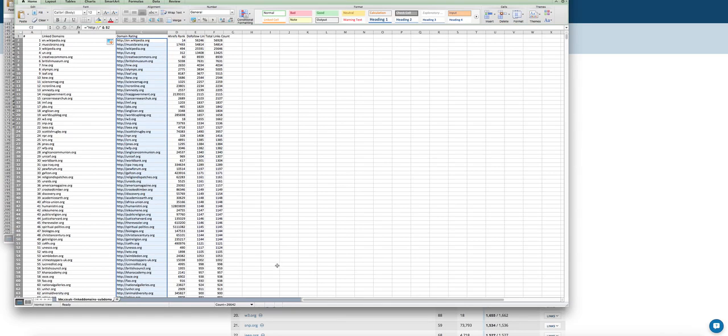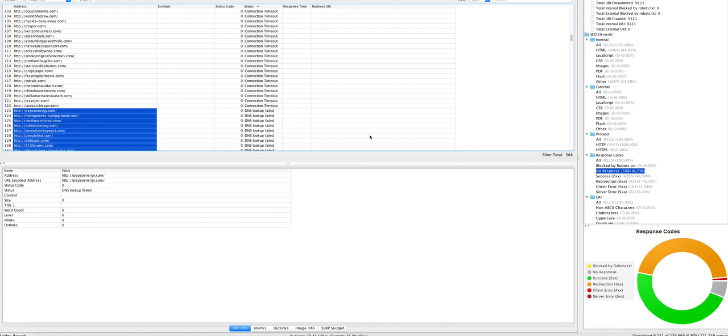Now that's highlighted it, so we can see there 26,000, counting it. Copy it, and you've now copied all those domains. Go into Screaming Frog,